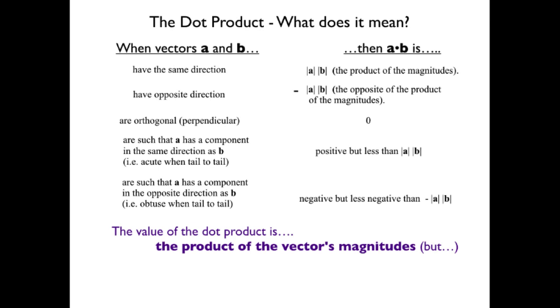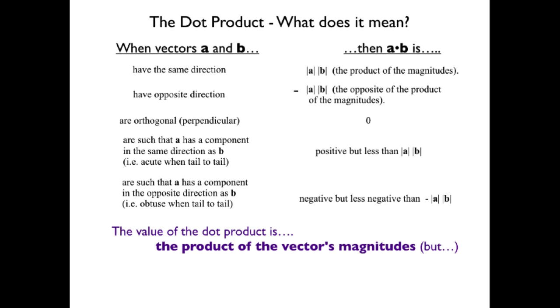What's orthogonal? Perpendicular means how much are they in the same direction if they're orthogonal? They're not at all, right? They're perfectly not in the same direction. That's what orthogonality is. So you get 0. And then you have the same kind of idea pointing in the opposite direction, but then all the values are negative. So we can say that the value of the dot product is the product of the vector's magnitudes, but